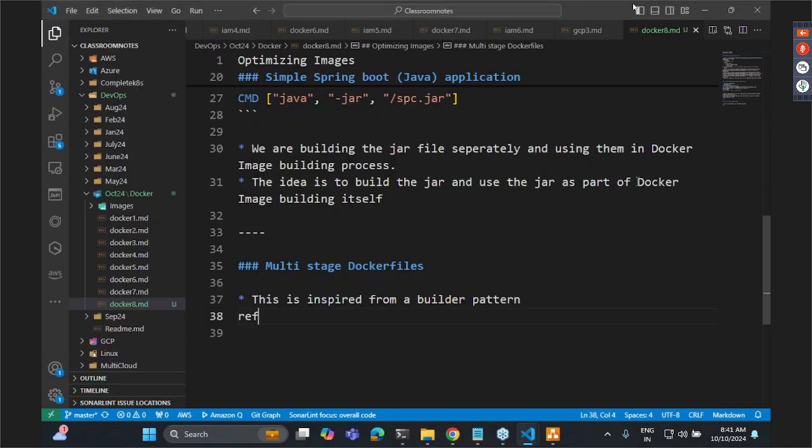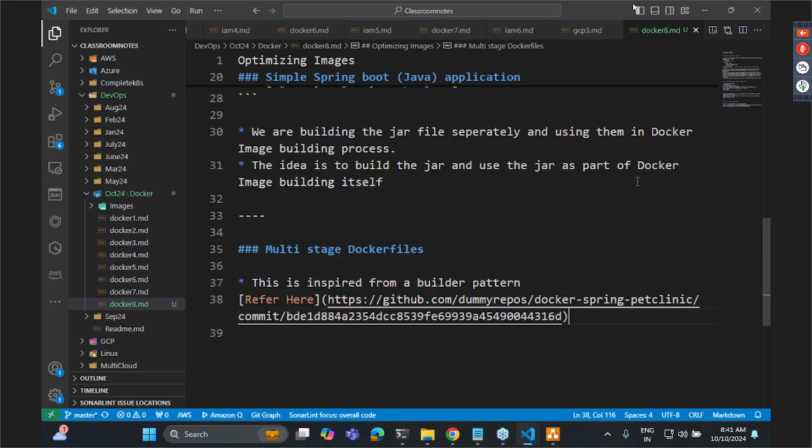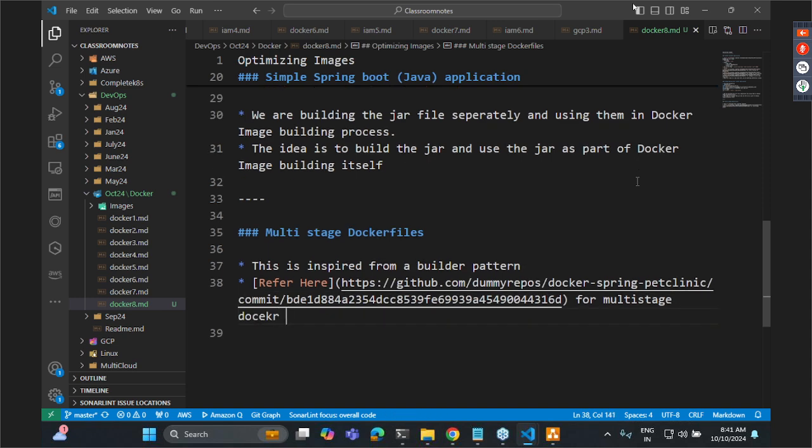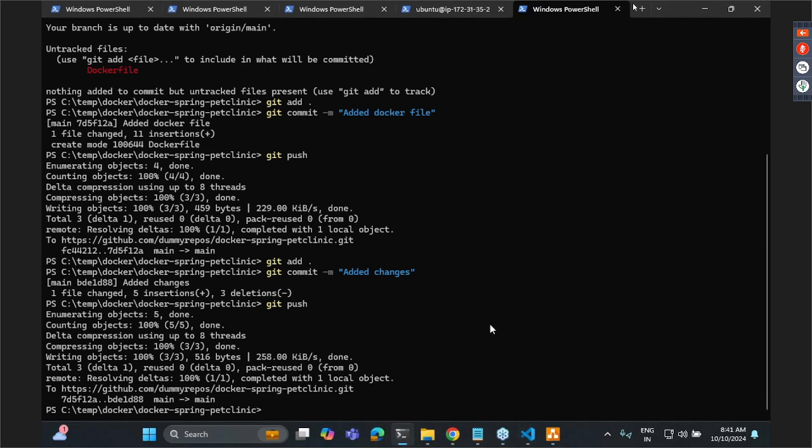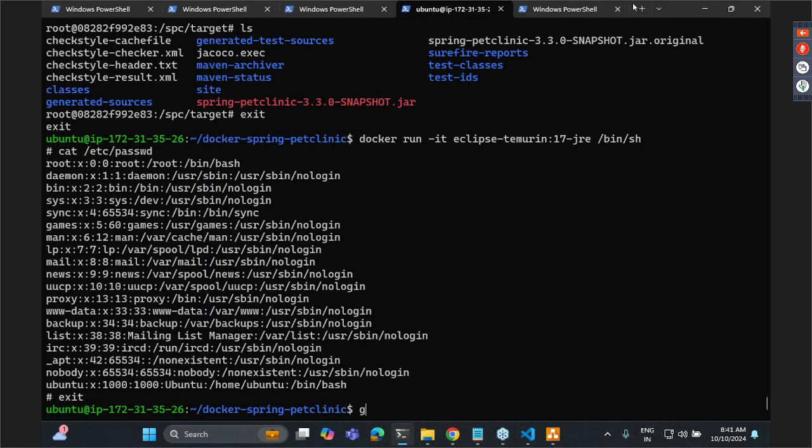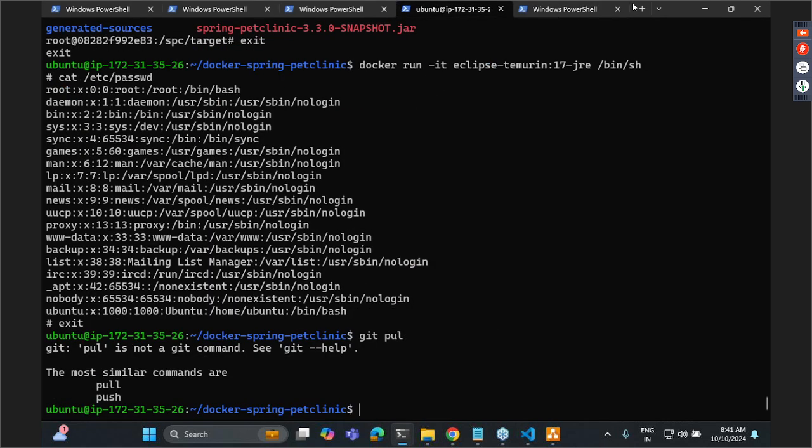So refer here for the multi-staged Docker file for Spring Pet Clinic. Now let me go over here and then let me try to get